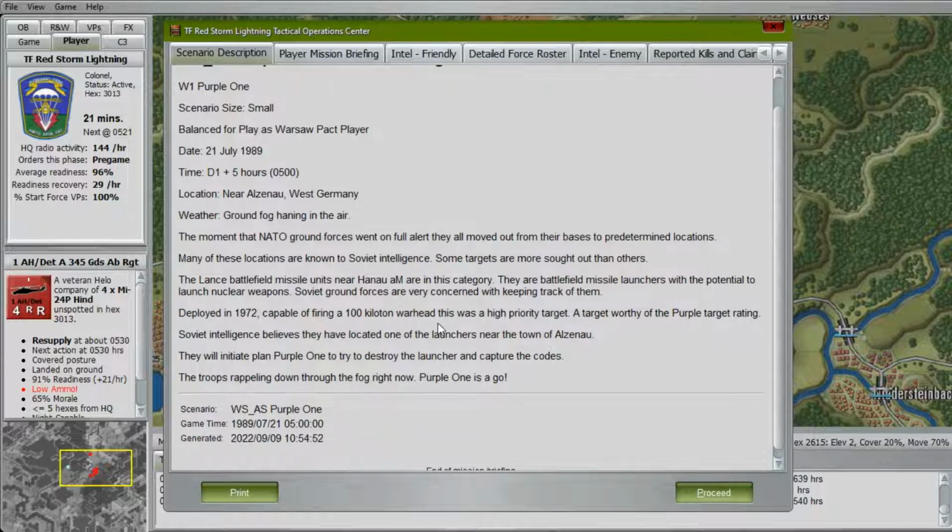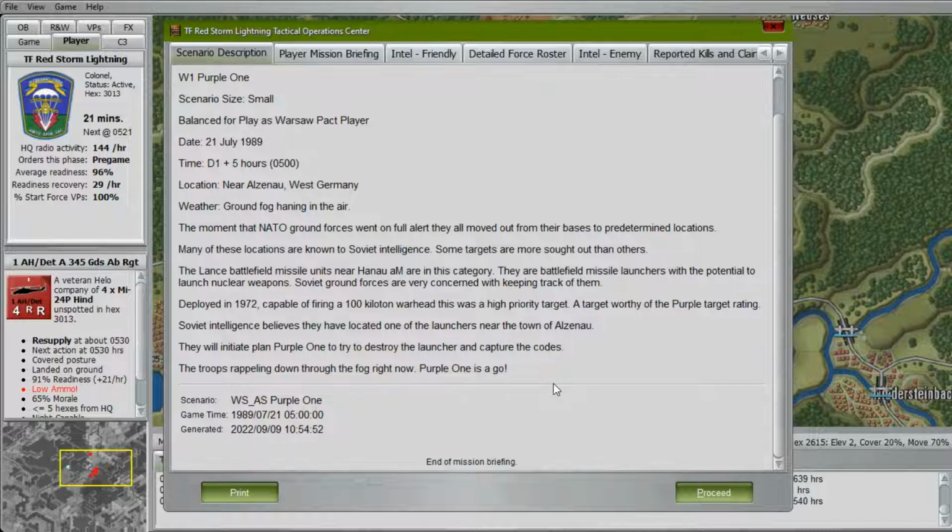The moment the NATO forces went on full alert, they moved out from their bases to predetermined locations. Many of these locations are known to Soviet intelligence. Some targets are more sought out than others. The Lance battlefield missile units near Hanau are in this category. They are battlefield missile launchers with potential to launch nuclear weapons. Wow. Soviet ground forces are very concerned with keeping track of them. Deployed in 1972, capable of a 100 kiloton warhead, this was a high priority target, a target worthy of the